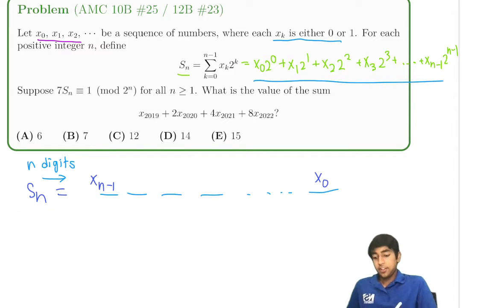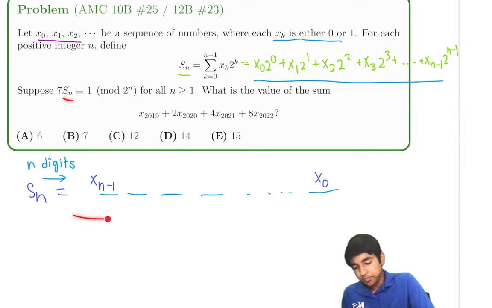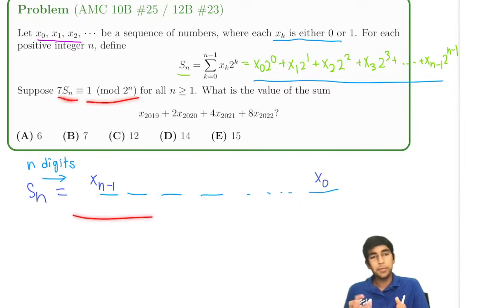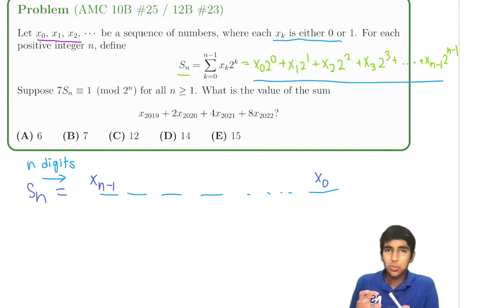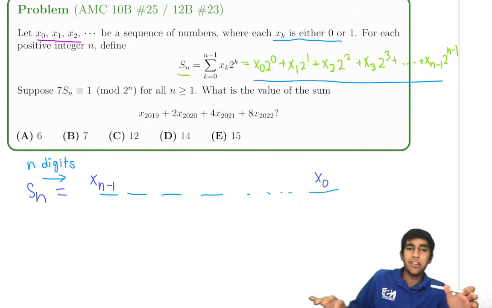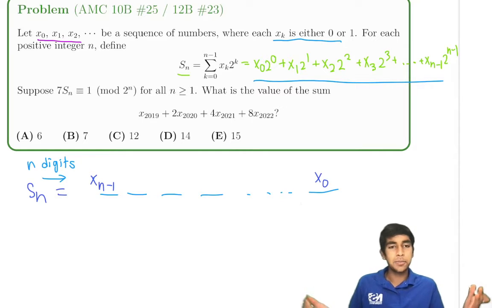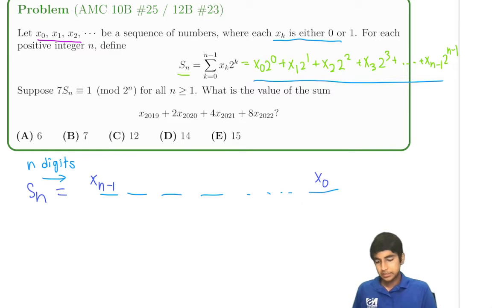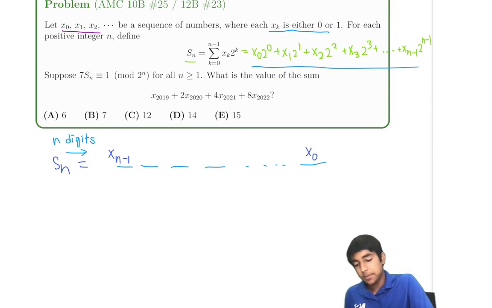Okay, now we've got this condition. 7 S of n is 1 mod 2 to the n. What does that mean even? Well, S of n is the sum, and 7 times that is 1 mod 2 to the n. But how do we even use such a weird condition? I mean, I thought we were doing binary here. Where did modular arithmetic come from? Okay, so what we're going to do here is see that